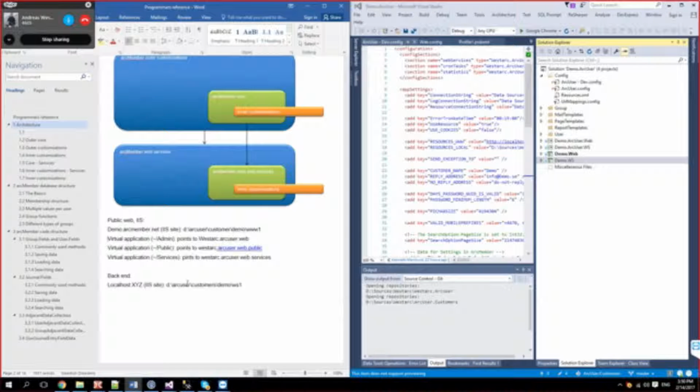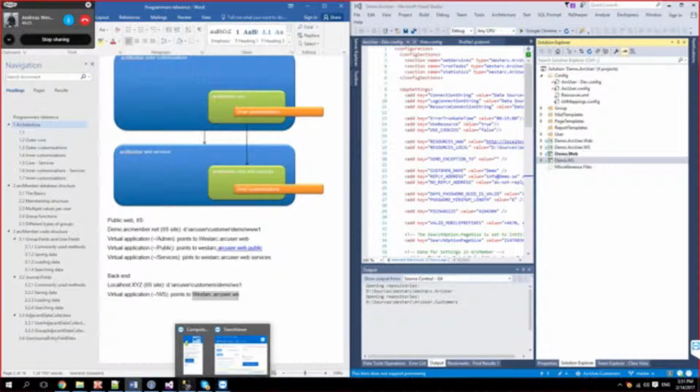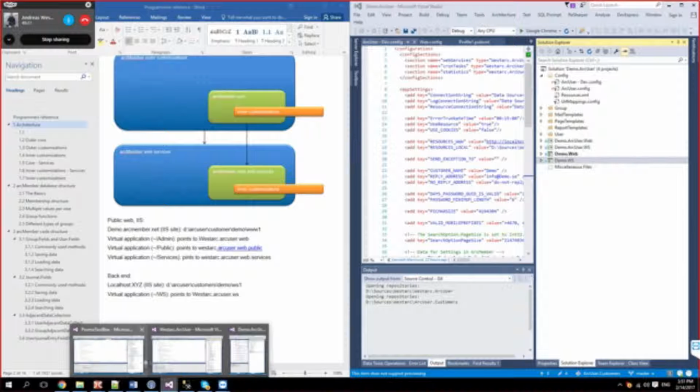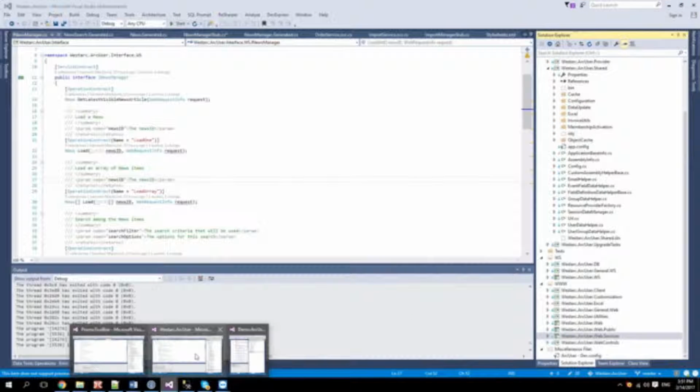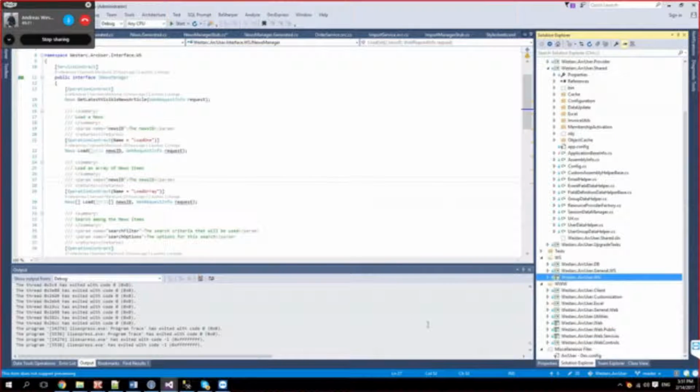And the same goes for the backend site, where we have a virtual application. I think it's called services or WS. I'm not really sure, but this one points to the application called Westarc Arc User WS. That is this project.